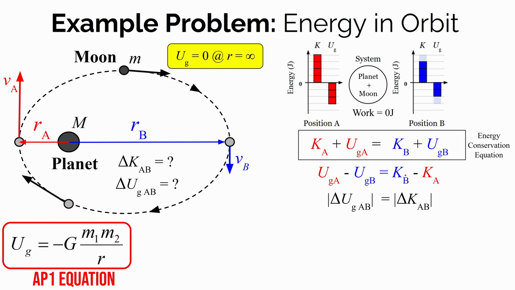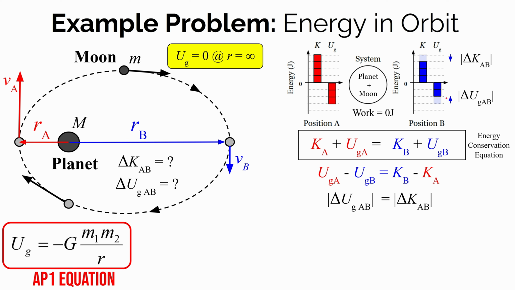And if we look up at our energy bar chart, let's see if that actually makes sense. Does the change in gravitational potential energy equal the amount of change in kinetic energy? Well, the kinetic energy went down by 1 bar, so therefore the gravitational potential energy has to go up by 1 bar. But it was -3 bars. So how do you go up by 1 bar? You go from -3 bars to just -2 bars. So you can see that the amount the kinetic energy changed has to be equal to the amount the gravitational